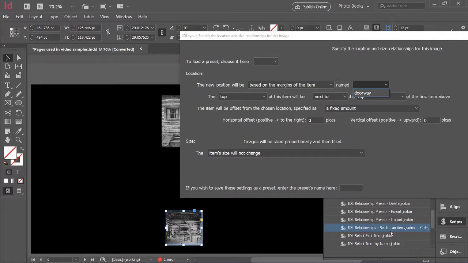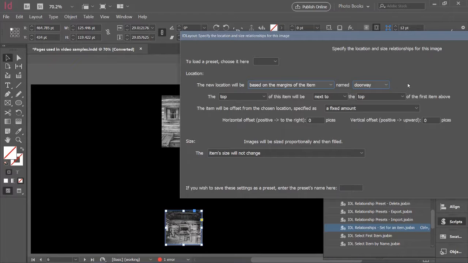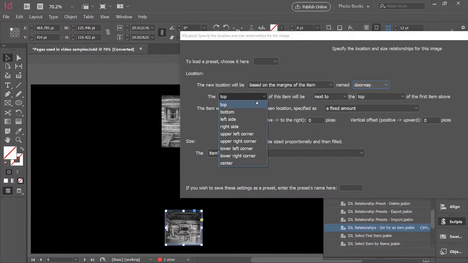That doesn't mean anything. That means don't move me. Okay, so we picked the doorway here, and then what part of this object is going to relate to what part of the doorway? So what's the options? Well, we have the four sides, the four corners, and the center of the rectangle, which is